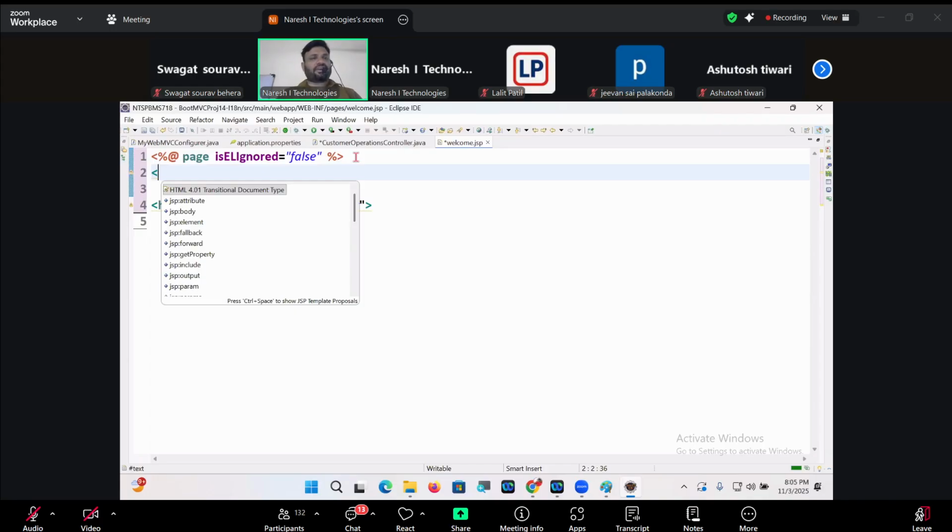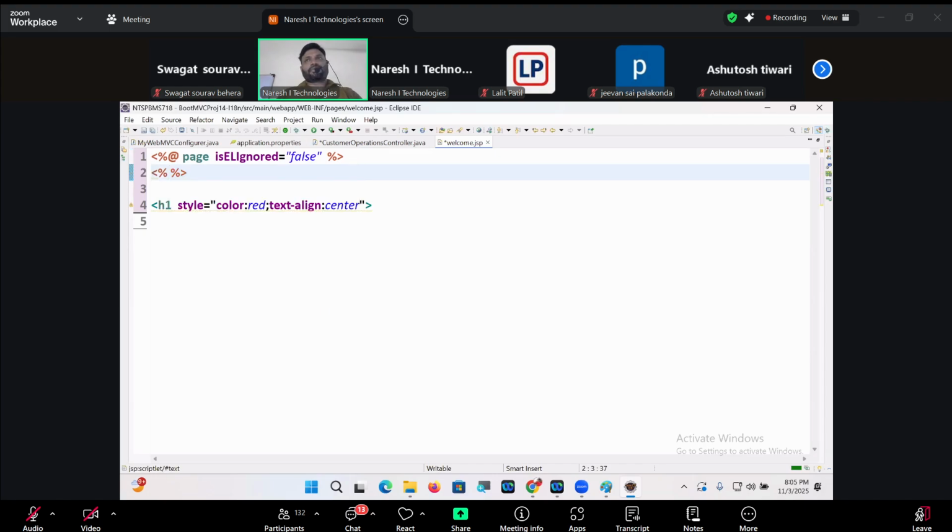First of all, to import any tag library, what is the story? @taglib uri, prefix is equal to sp.